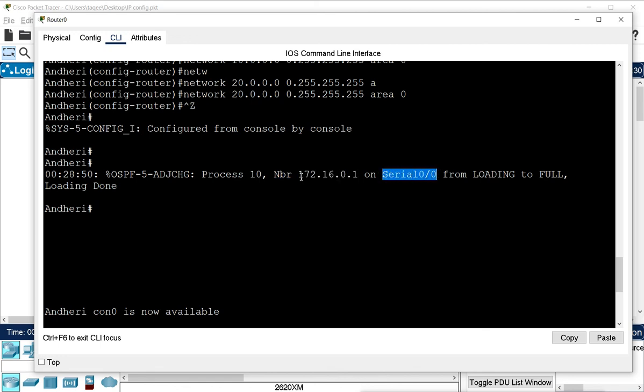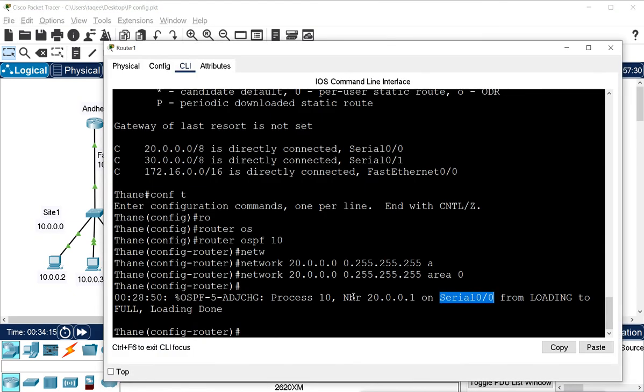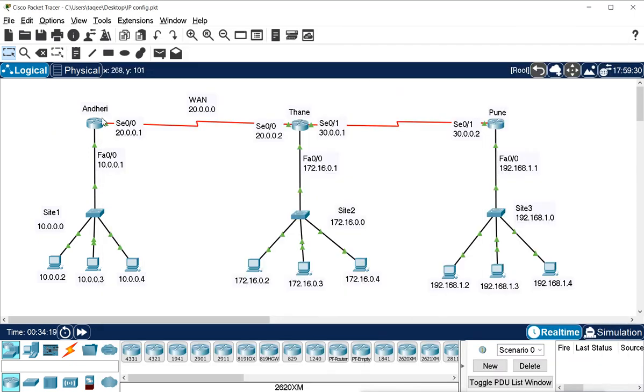Now what IP is it showing here? It is showing 172. Now when you check the design, from Andheri to Thane we have connected through this IP of Thane. It is not this IP. From Thane when we check, it shows this IP address, that this IP is connected to Andheri, so this is the IP of the Andheri router.